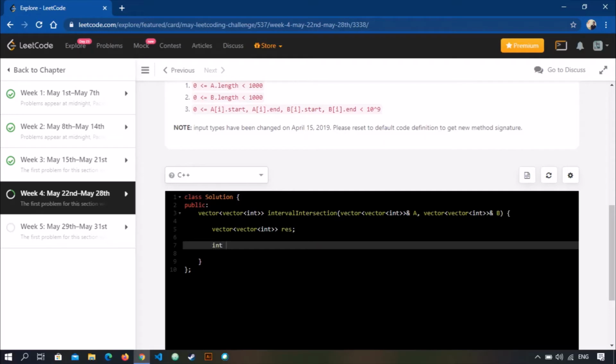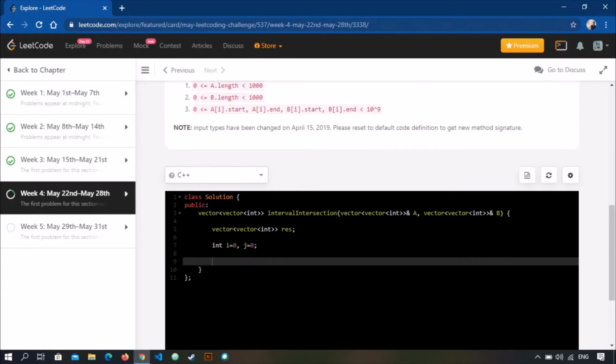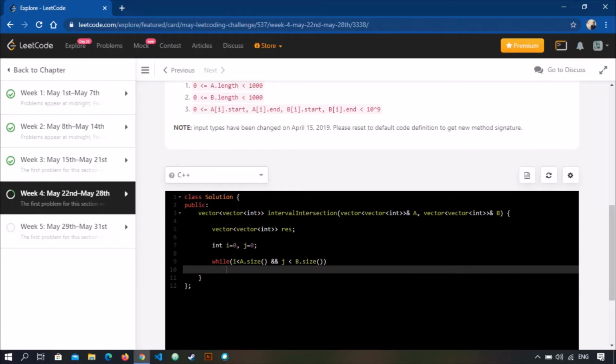Then int i equals 0, j equals 0, and while i is less than a.size and j is less than b.size,